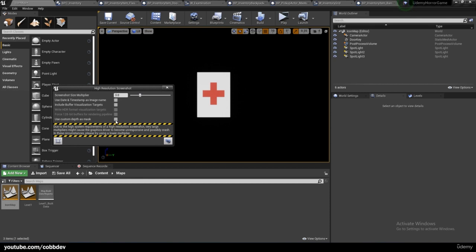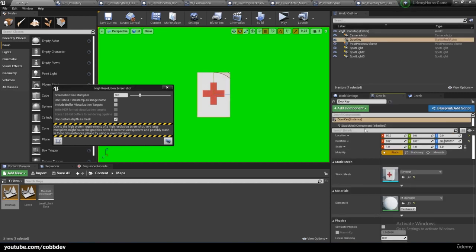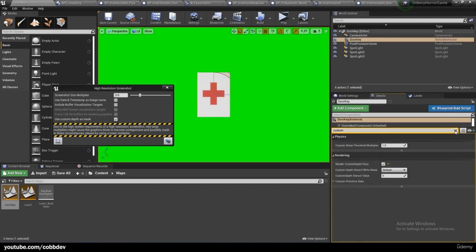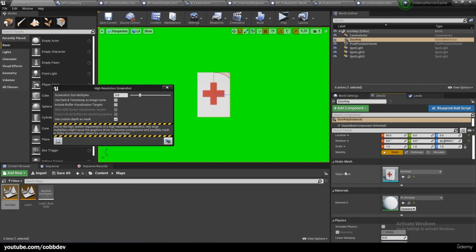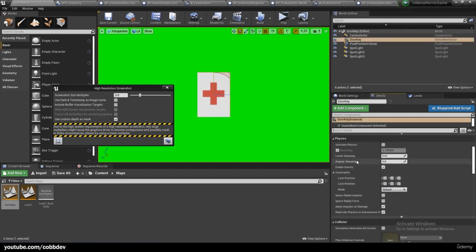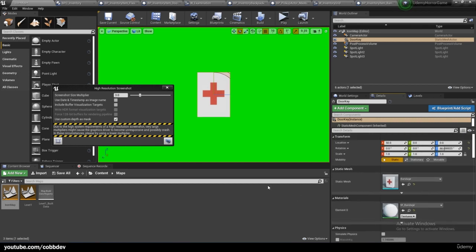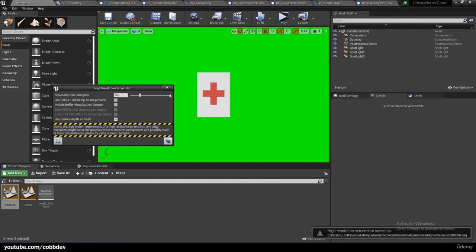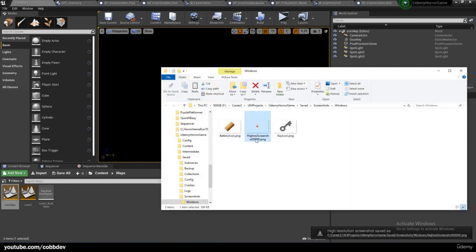And we want to choose use custom depth as mask. And as you can see, this is already set as render custom depth pass. This is because instead of deleting this and dragging in the new static mesh, I just replaced the static mesh parameter right here to bandage. It is still technically the door key originally, just holding the rest of the parameters that I didn't change. So when you're ready, you can just take the screenshot and you can open up where it was taken. I'm going to rename it to